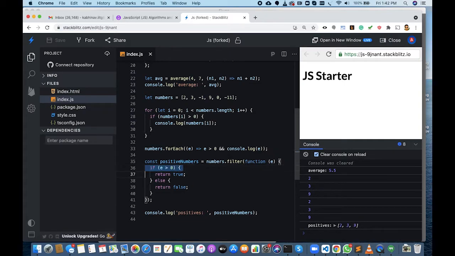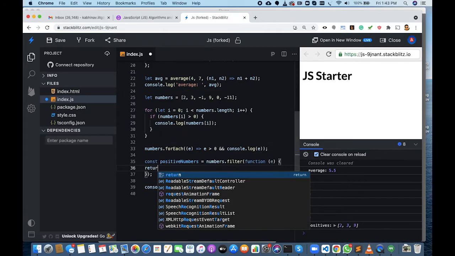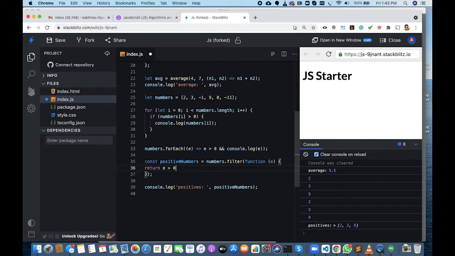The shortcut would be, let me first get a shortcut for these lines. I can just write return e greater than 0. So when e is greater than 0, I saved it and I get the same results. This will automatically return true, and when e is smaller than 0, this statement will automatically return false.